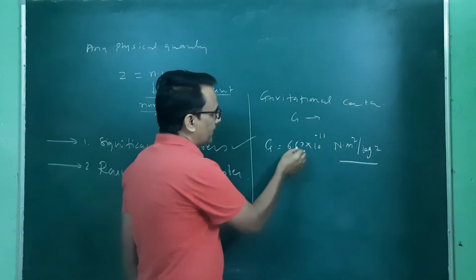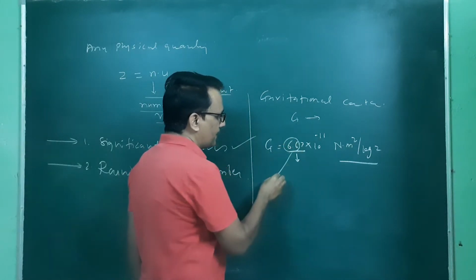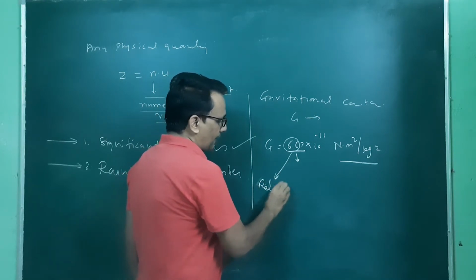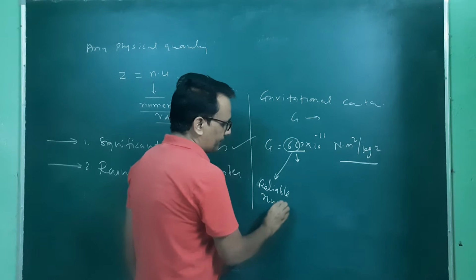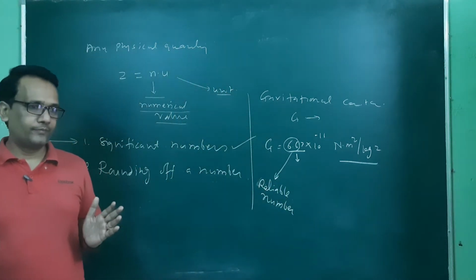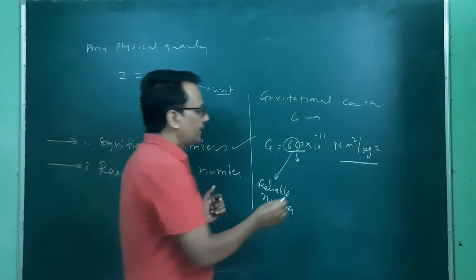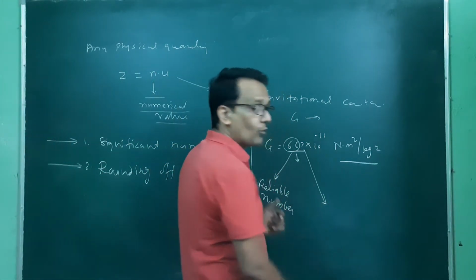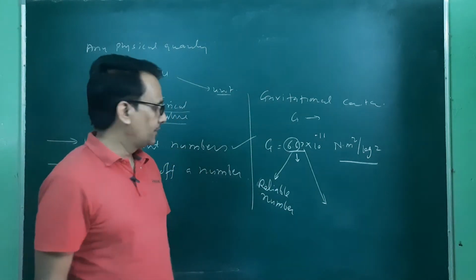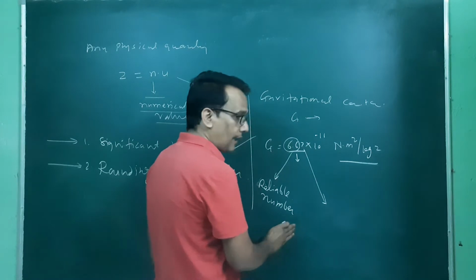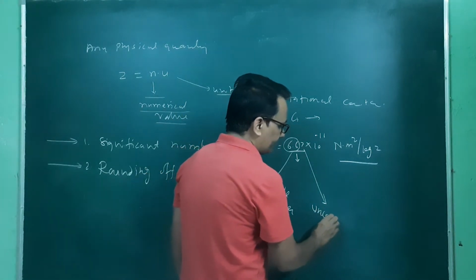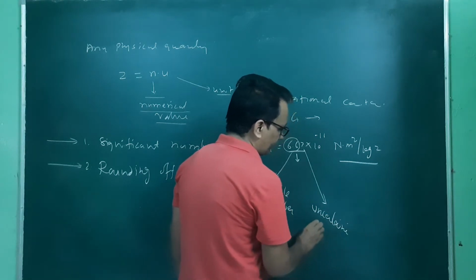Now we will focus on this term, and this numerical value is subdivided into two parts. The first two digits are known as the real value or reliable numbers. One cannot change these, they are fixed, the reliable numbers. But there is some doubt in the last digit, the 7. This is known as non-reliable, or an uncertain digit.